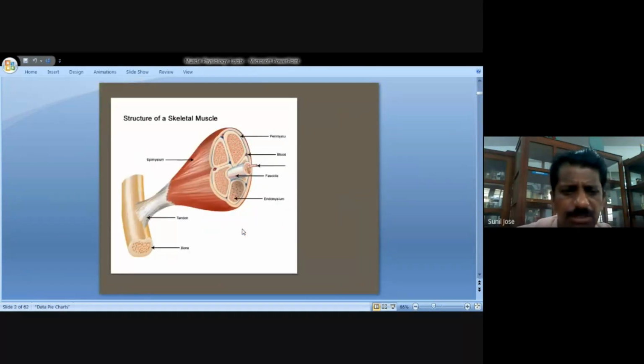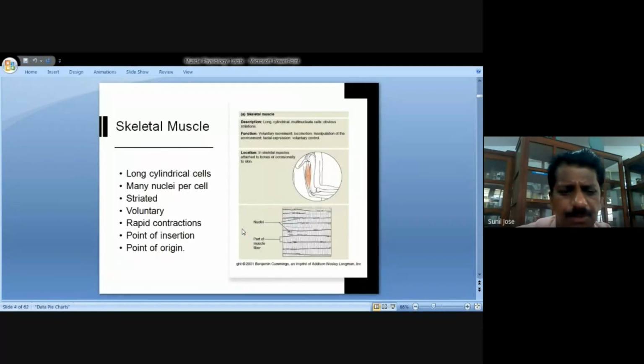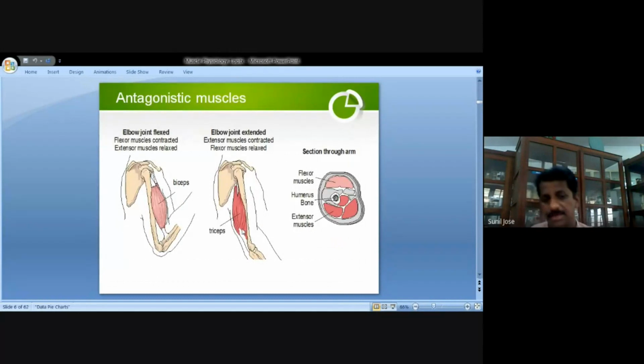Now, another feature of the skeletal muscle is that they are voluntary muscles. For example, with the bicep and tricep, we can move them whenever we think. If we want to extend or flex our arm, we can do it because we have one muscle above and one muscle below our arm. The working of these muscles is under the control of our brain, under our conscious brain.